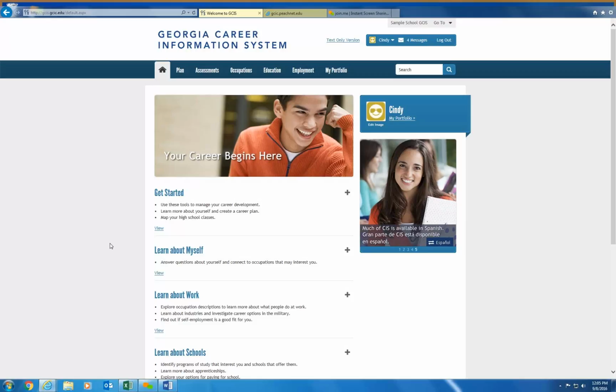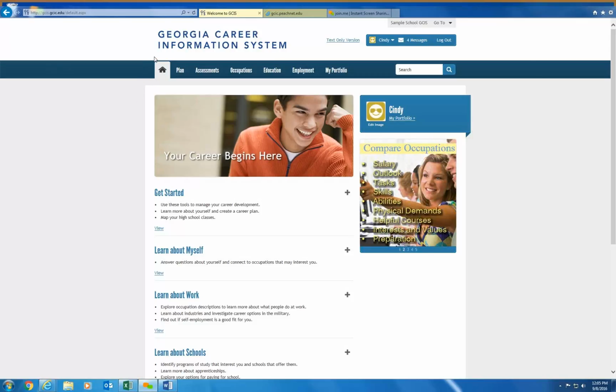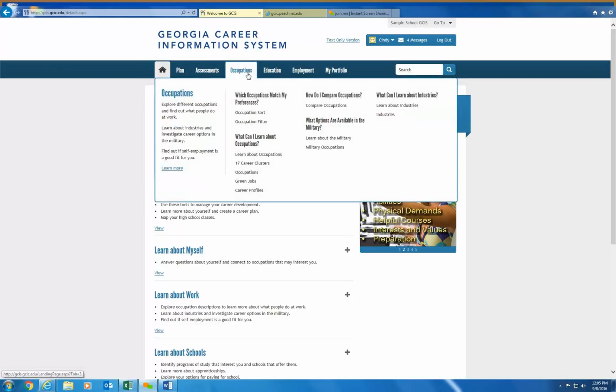Again, as I alluded to earlier, your 9th grade students will save 3 additional occupations. And so to save occupations for GCIS, we're going to navigate up to that top navigation, and we're going to click on the Occupations tab.